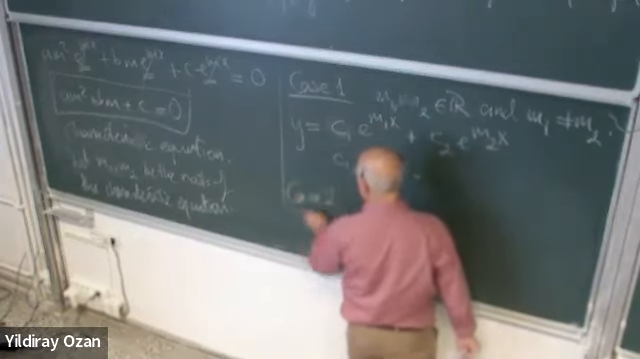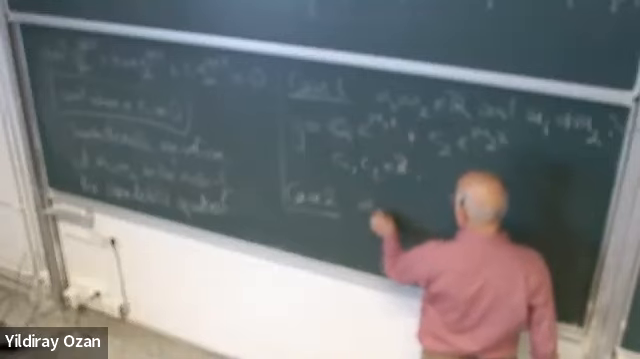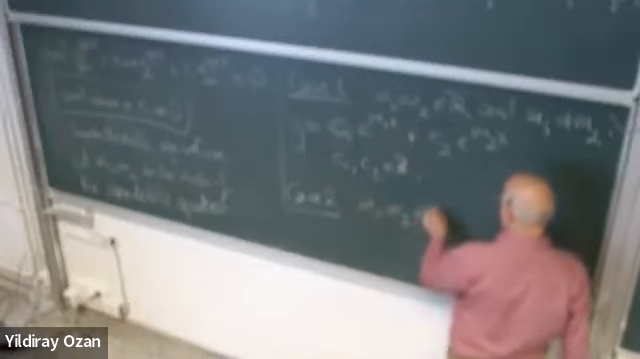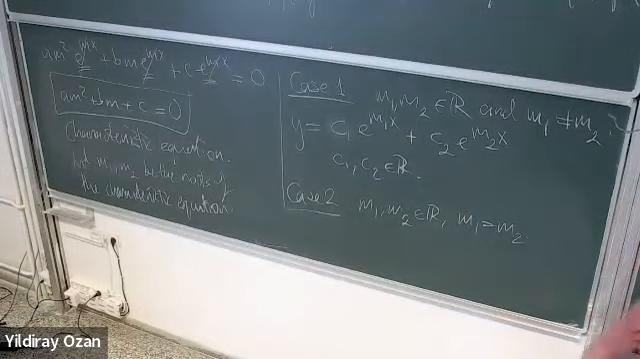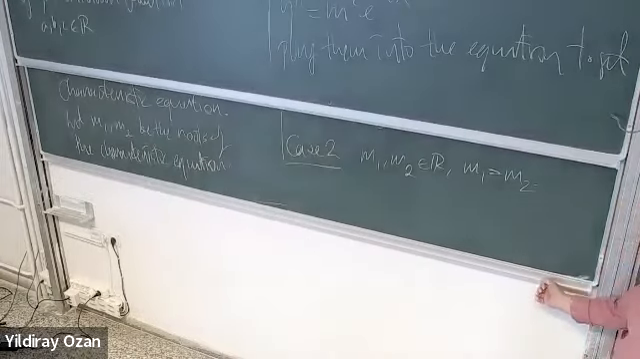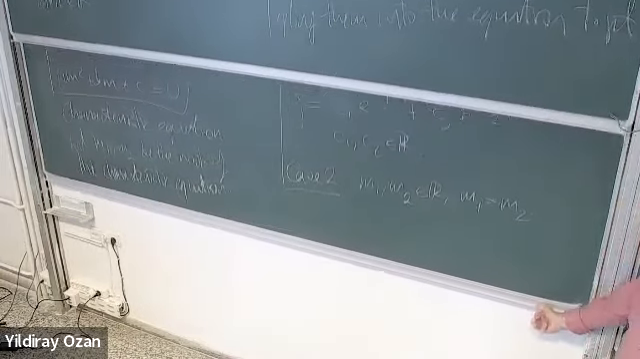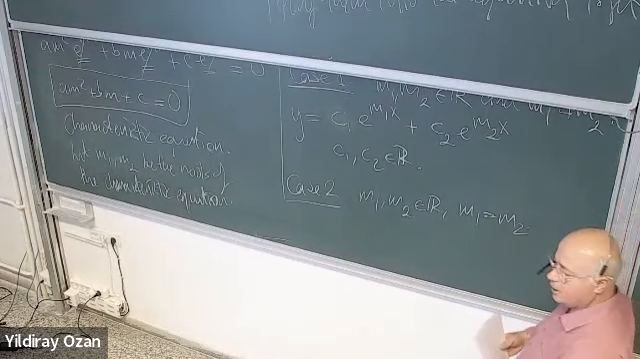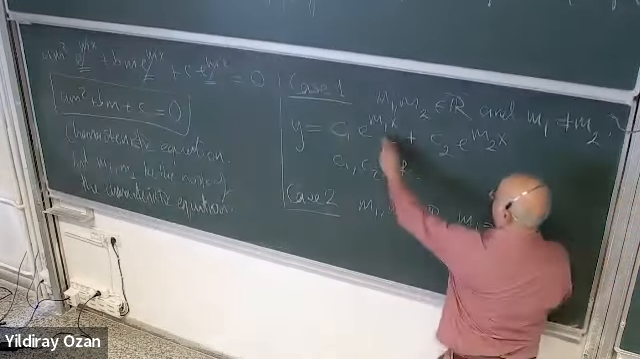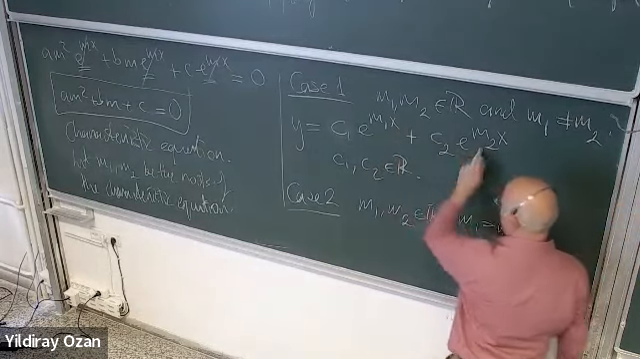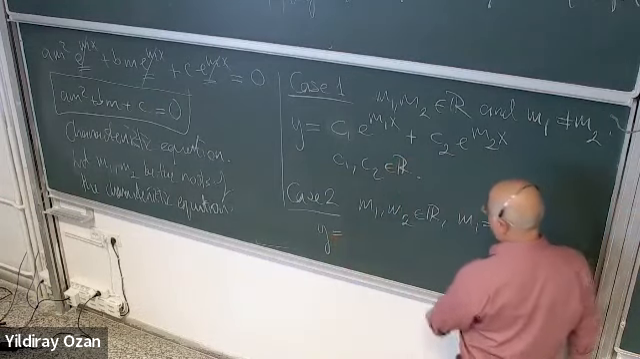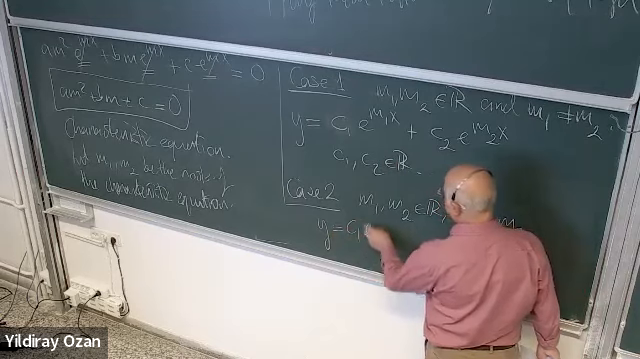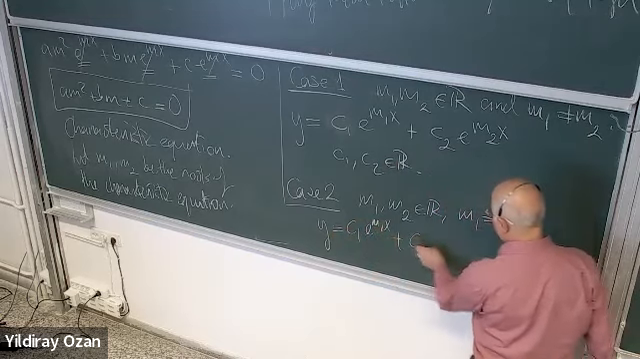Case 2, they are real and they are equal. So the 2 roots coincide. Okay. Of course, this is not something that happens always. It's a very rare case, but it happens. In that case, these 2 solutions are the same. m1 and m2 are the same. Therefore, you have to come up with another solution. And this is what we do: c1 times e to the power m1x plus c2 times